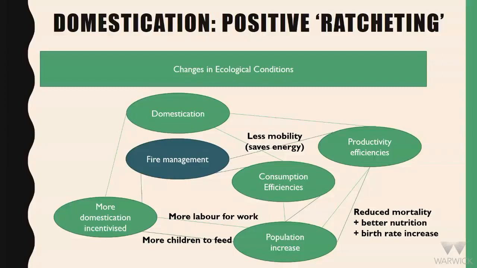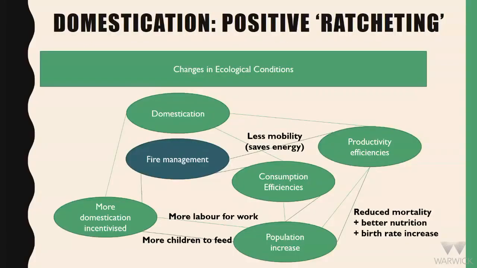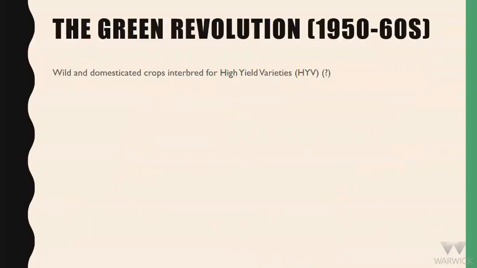So obviously, however, this innovation in human socioeconomic organisation starts to have major implications for the wider environment. Let's skip a whole big chunk of history and think about a later agricultural revolution: the idea of the production of high-yield varieties. What knowledge do we have about these, please? What are high-yield varieties?